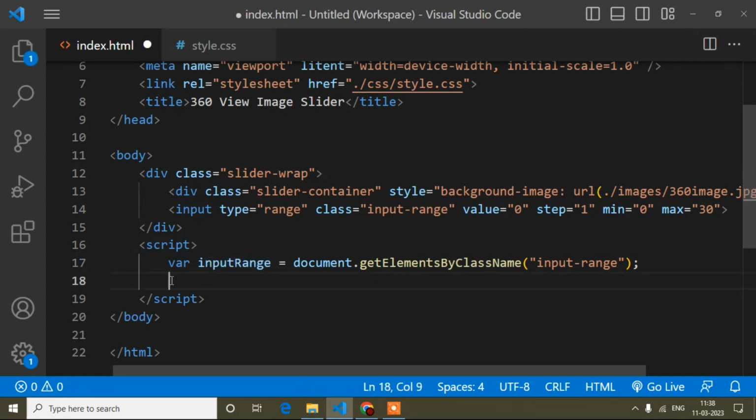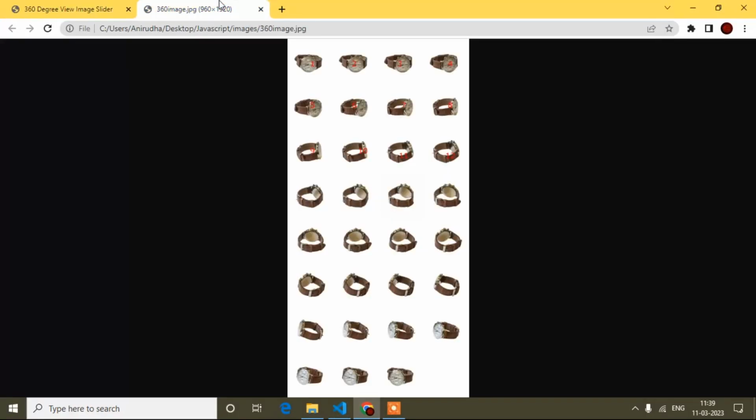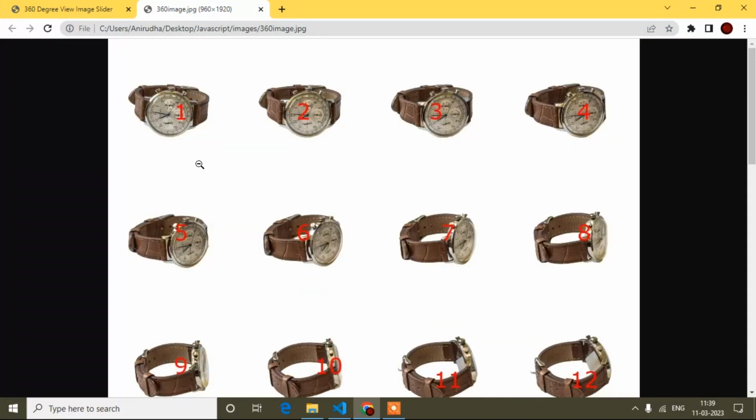Now here I will take another variable, col. Column is 1 and row is also 1. I will take another variable row, that is 1. Why I am taking this, I will use it for JavaScript logic purposes. So now if I open, first it will display the first image, means this one.